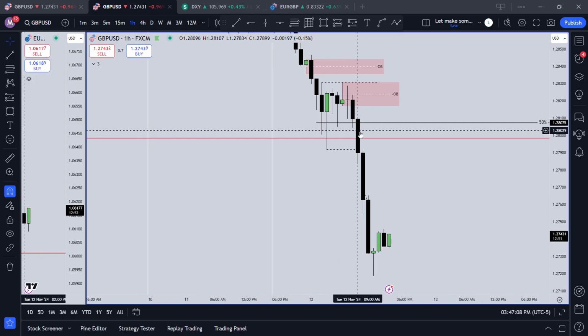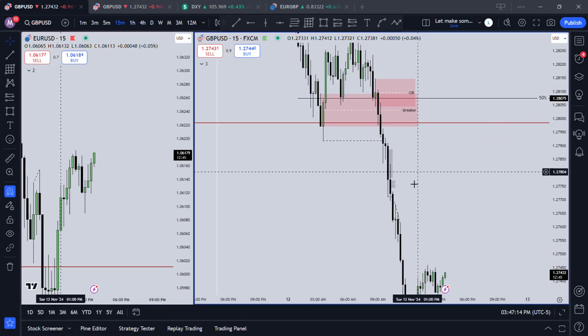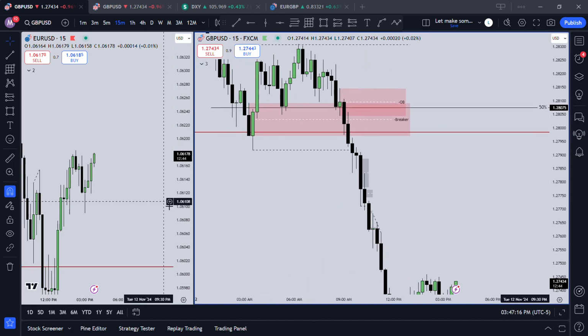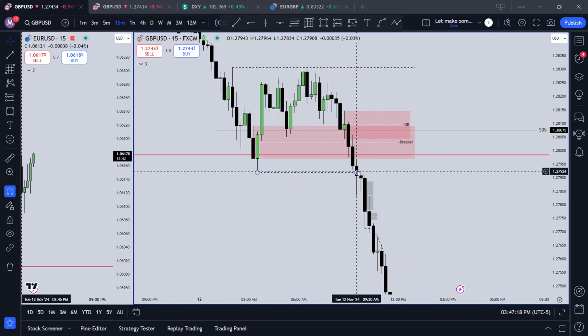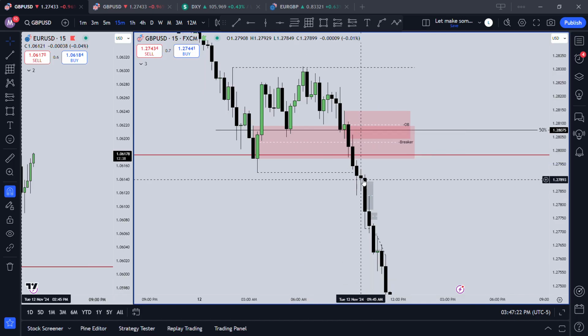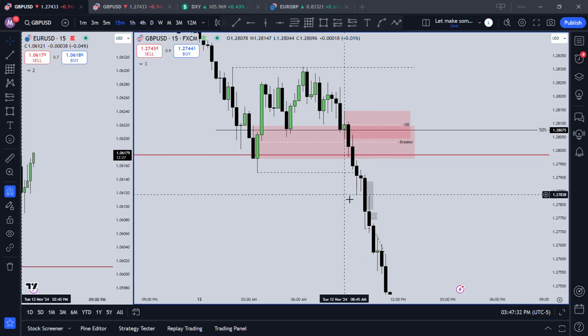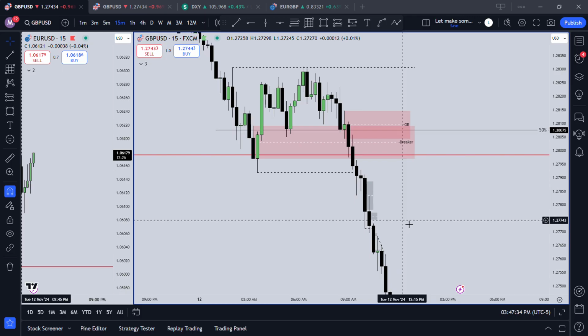So I'll look at this 9 o'clock and saying we can start seeing low prices. So now let's go to the 15, where the market decided to play for us. We had the 9 o'clock closing here, and 10 o'clock opens bearishly and dumps to the downside. With this big dump, I was certain we'd keep going lower, so I was like, we may have missed a trade. It's unfortunate.